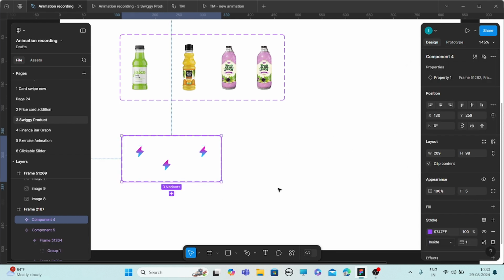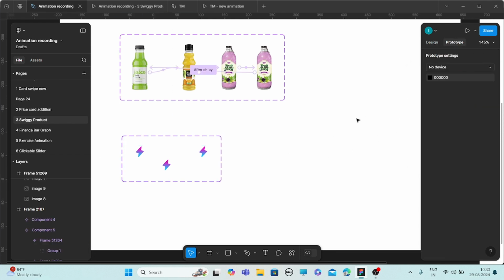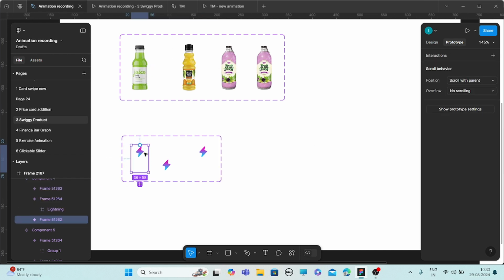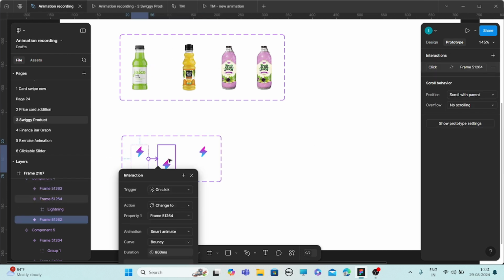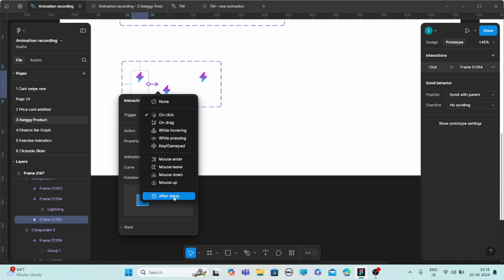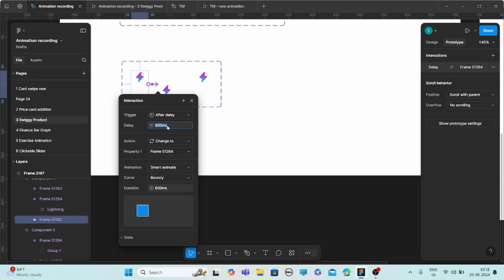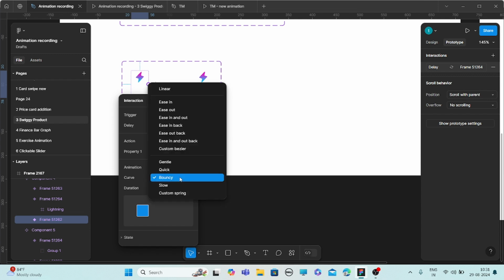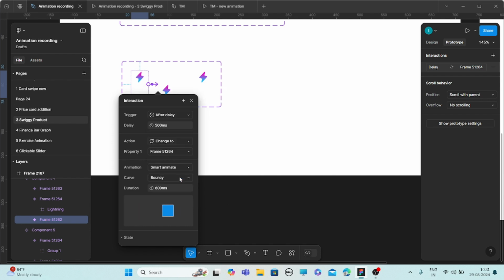After taking them into the component set, we'll add the prototype here. Select and connect it to the second one, and here we'll give after delay of 500, and smart animate. Bouncy we'll select, and the duration would be 300.